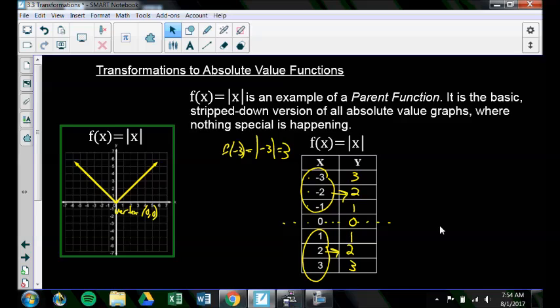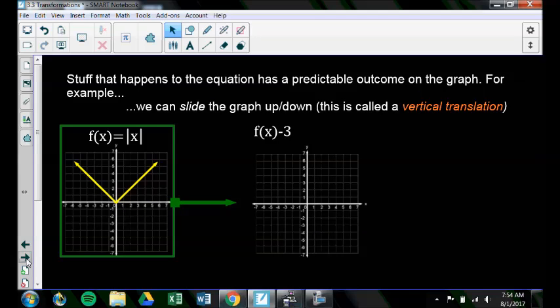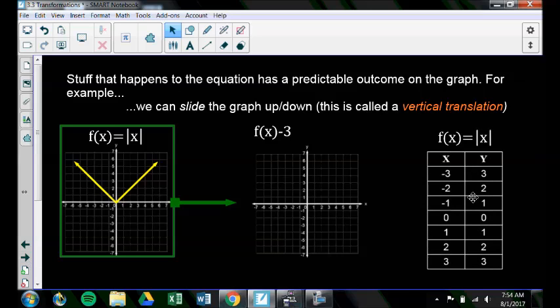Well, we can take this parent function and manipulate it. We can do things to it. For example, I could take f of x and do f of x minus 3. And what f of x minus 3 does is it takes all of the y values and subtracts them by 3. So here's f of x equals the absolute value of x. But now I'm going to subtract 3 from all these,